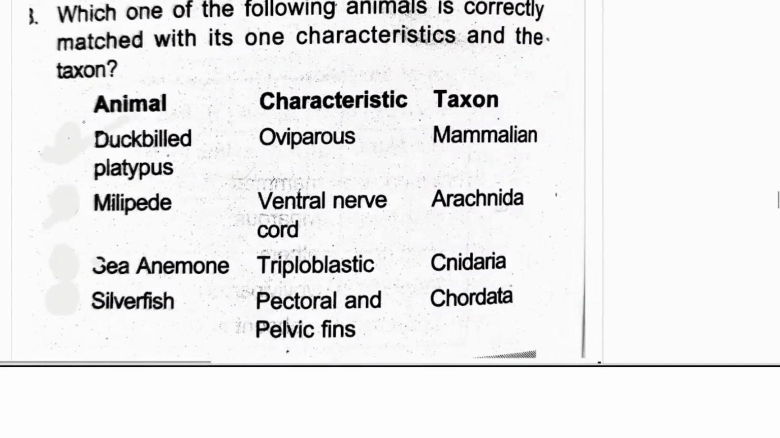Okay, next, question number 12 is: which one of the following animals is correctly matched with its one characteristic and the taxon? So duck-billed platypus, millipede, and it is